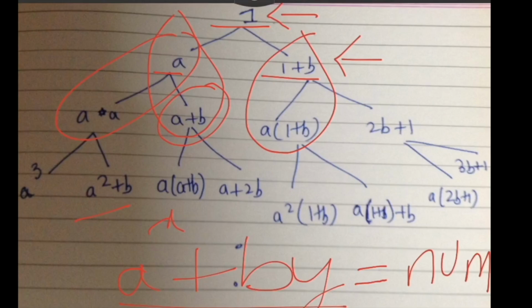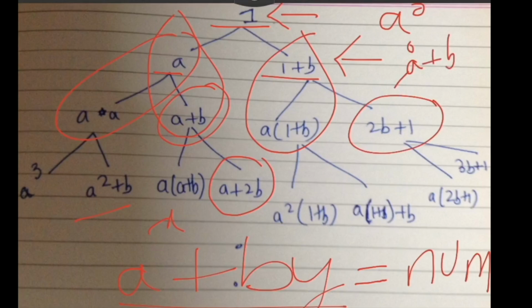if we go ahead and extend this tree, you can notice one thing, that every element of this series will be of the form a to the power x plus b times y. Every number is of the form a to the power x plus by, right? Even 1 is a to the power 0. For example, take a plus 2b. Then it is a to the power 1 plus b times 2, which is like here y equal to 2, right? And if I see 2b plus 1, then you can say that it is a to the power 0 plus b times 2, right? Which is of the form a to the power x plus by.